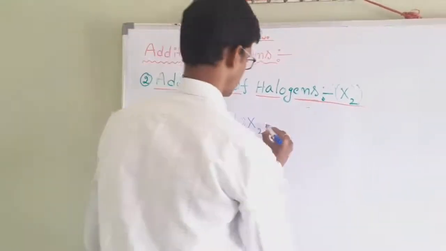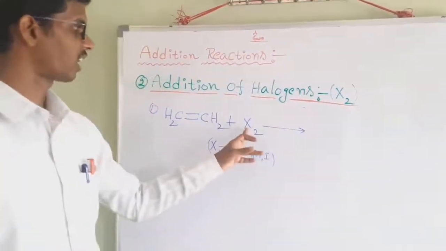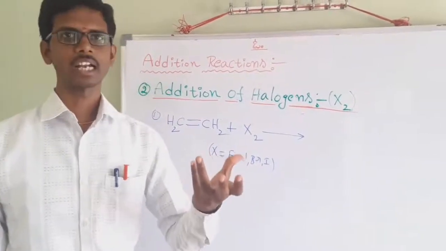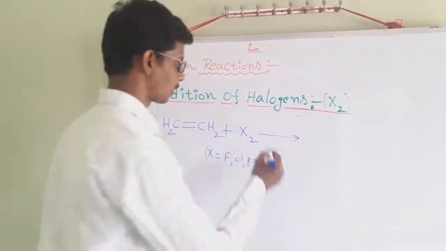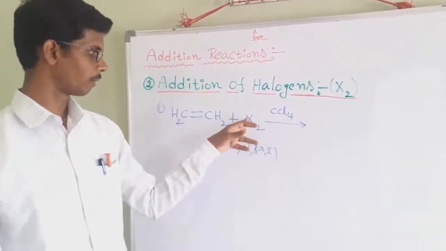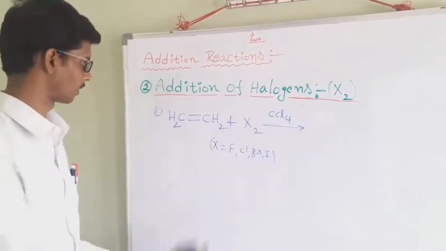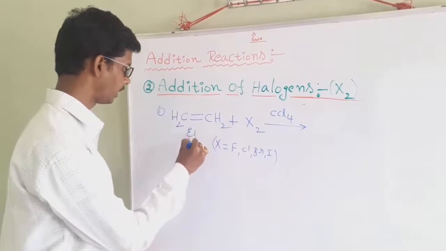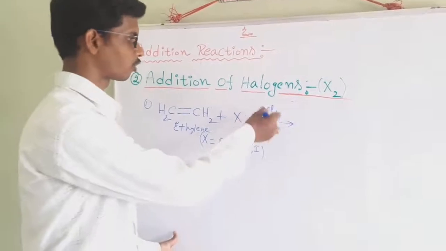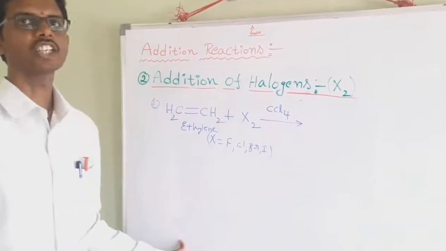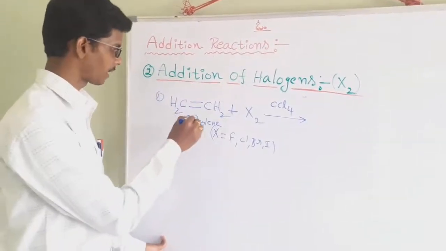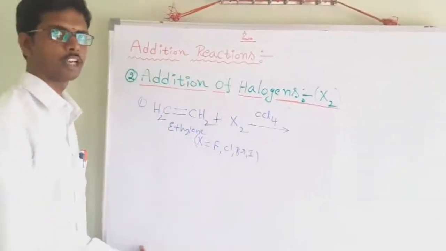Okay. To give rise to, here for the addition of halogens we should take a suitable solvent. Okay, that is nothing but either ether or CCl4 or whatever it may be. Suppose for example here I take CCl4. Suppose for example chlorine or bromine and CCl4. Okay. Here CH2 CH2 ethylene, any halogen in presence of suitable solvent gives rise to the corresponding addition product. Here 1, 2 addition takes place. Here for the first carbon atom and second carbon atom, 2 halogens are going to be added.